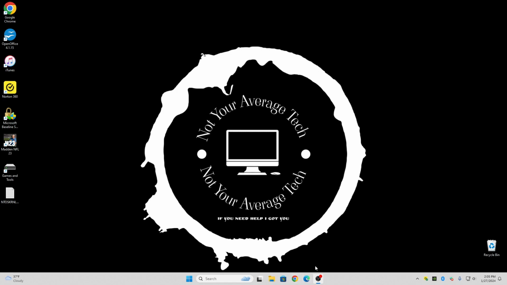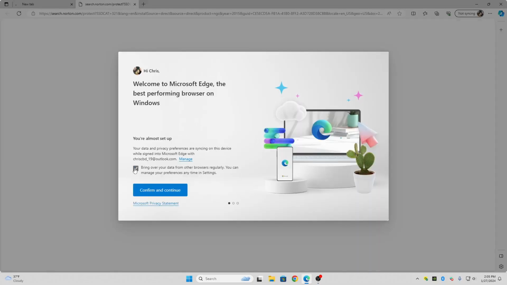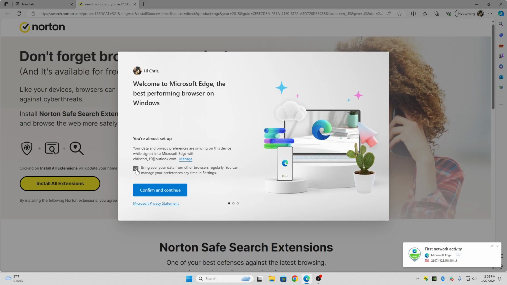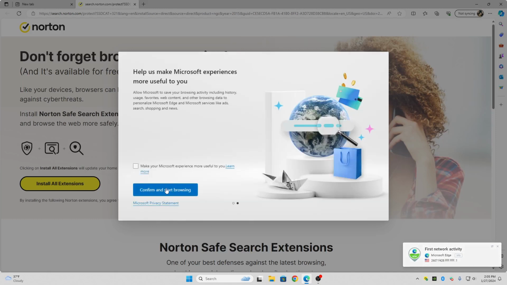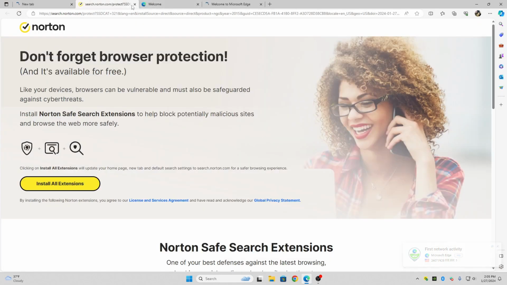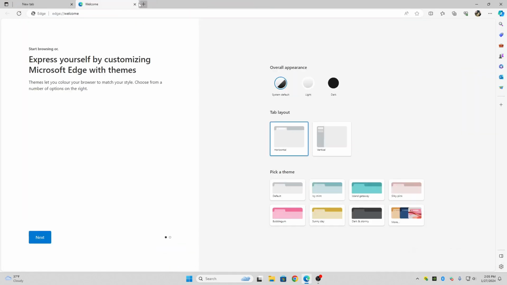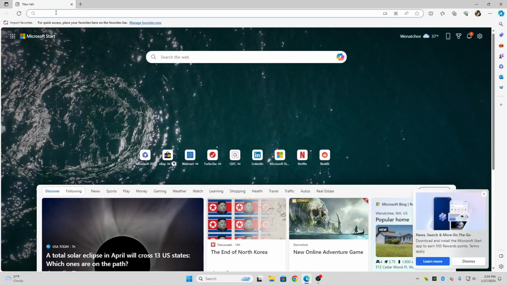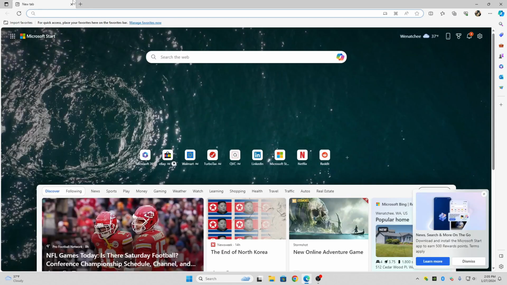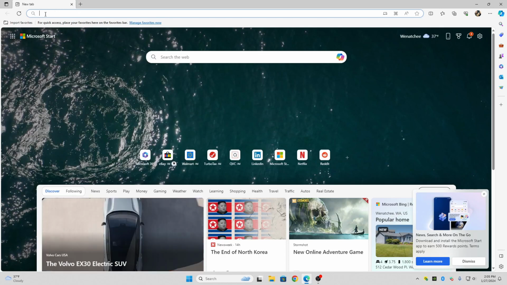Okay, so I am going to use Microsoft Edge browser. So you want to click on Microsoft Edge just once. If this pops up, I usually just do the following here. Sorry, this wasn't supposed to be part of it. Okay, so in the address bar where you see my mouse up here moving around, make sure you click that,